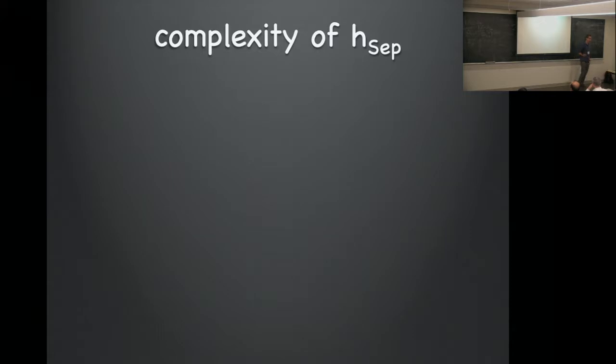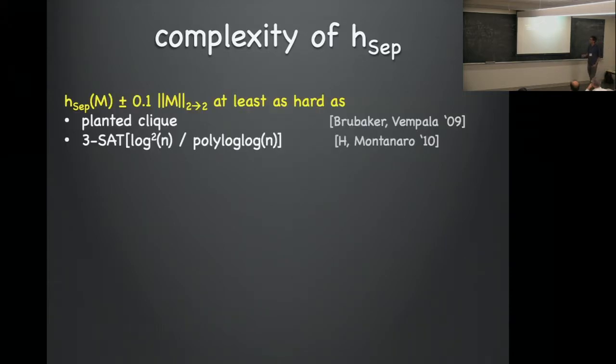So this turns out to be a not super hard problem. It's a little bit harder than polynomial time. So it's shown to be as hard as something called planted clique, which I think if you know what it is, then good. If not, maybe it's not worth me getting into what I mean by that. Or I showed with Ashley Manginaro that it's almost as hard as solving a 3-SAT instance where the length is log squared of n. So remember, your matrix has dimension n squared by n squared.